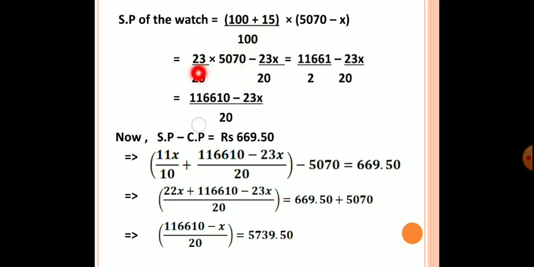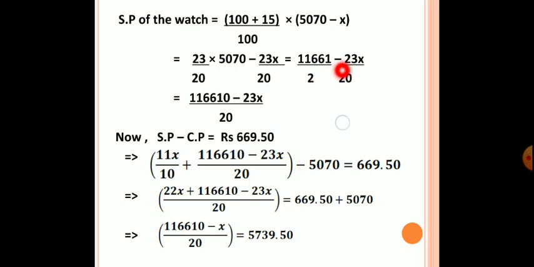We can multiply individually, that is 23 by 20 is multiplied to 5070 once, and then again 23 by 20 is multiplied with x. So 23 by 20 into 5070 minus 23x by 20, multiplying this we have got